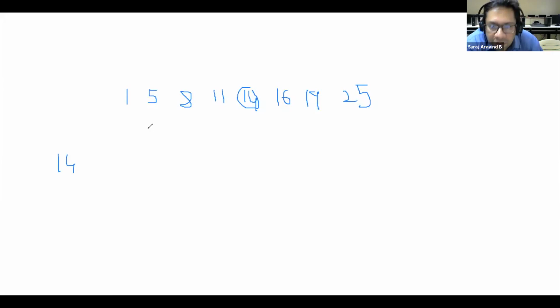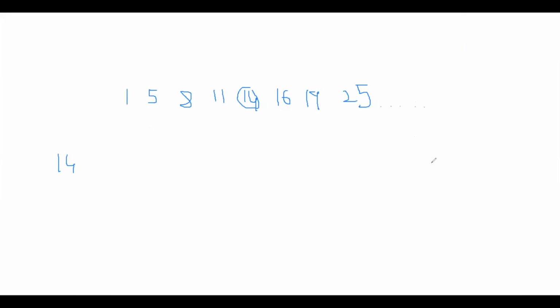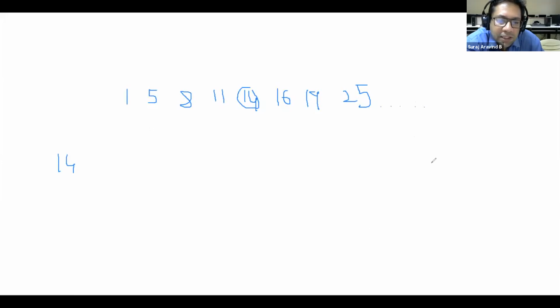Okay. Now after 25, put 3 dots in your list. That means I don't know the list, but I know that they are sorted in a particular order, whether it is ascending order, descending order, something. Okay. Now suppose I am searching for a number, say 35, right? I am searching for that number. I don't know the count. I don't know how many numbers are there.